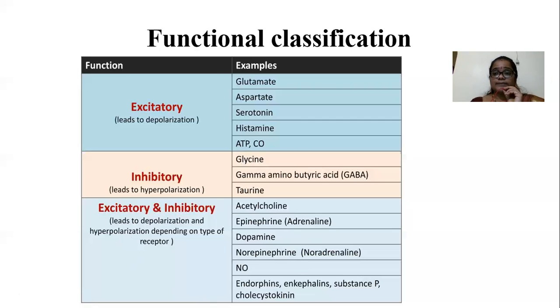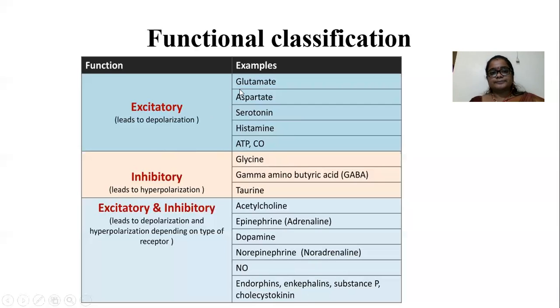Okay, so we will discuss receptors and types of binding in further classes. Excitatory and inhibitory means it may lead to depolarization, repolarization or hyperpolarization, depending upon the type of receptor binding. Examples of excitatory and inhibitory neurotransmitters are acetylcholine, epinephrine, dopamine, and norepinephrine. Epinephrine is also known as adrenaline. Norepinephrine is also known as noradrenaline. Others are nitric oxide, endorphins, enkephalins, substance P, and cholecystokinin. So this is the functional classification of